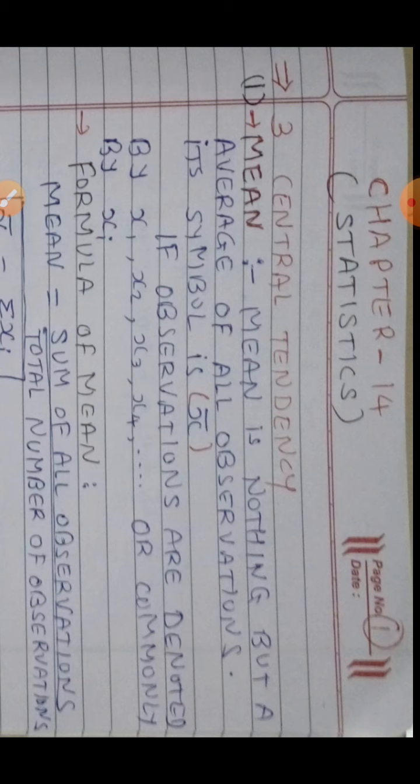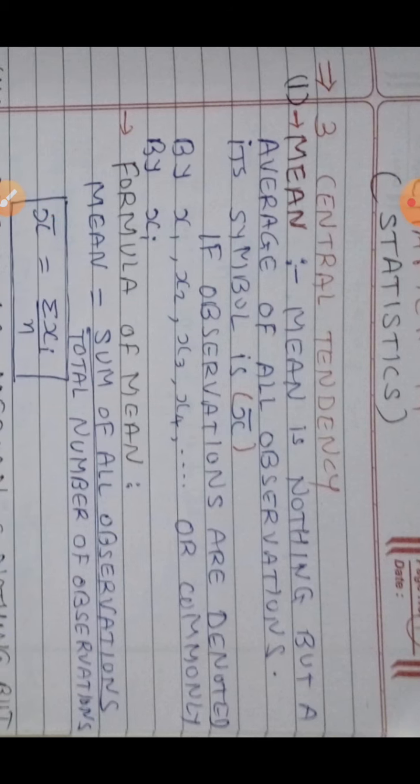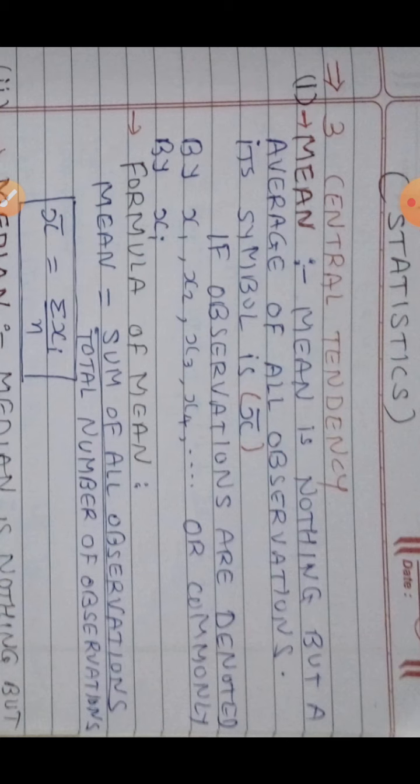Now, what is the formula? The formula of mean is: mean equals sum of all observations upon total number of observations. Otherwise, in symbolic way, it can be written: x bar is equal to sigma xi upon n. Either in word form or in symbolic form, you have to write the formula first of all and then only place values. Now sigma, that is just like a reverse E, stands for summation.